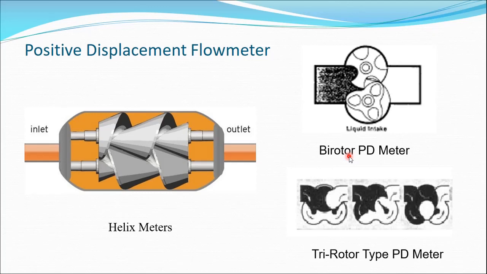Then birotor PD meters are also there. The birotor flow meter features two precisely machined rotating members known as helical rotors, which rotate and mesh within the meter's interior housing in order to form a flow measuring chamber of known volume, and that may be used to accurately determine the flow measurement as a function of rotor velocity. Here you can see the helical motion is transmitted to the flow transmitter display via a sealed coupling. Okay. Then there are some multi-piston flow meters also.